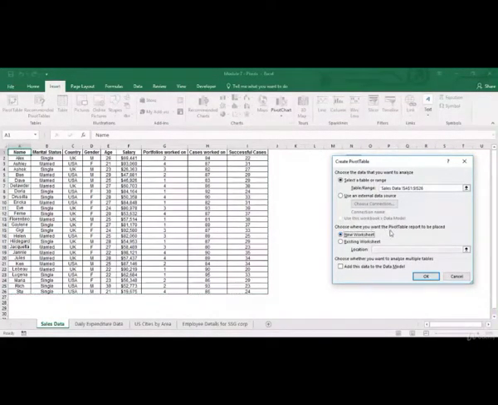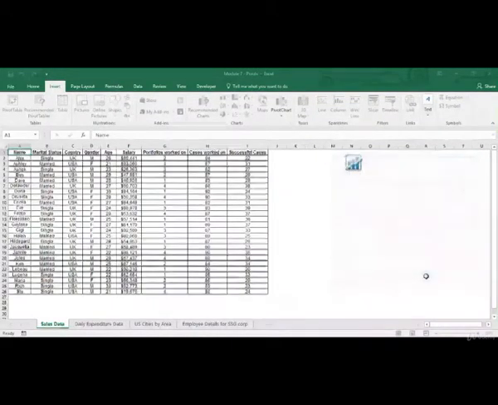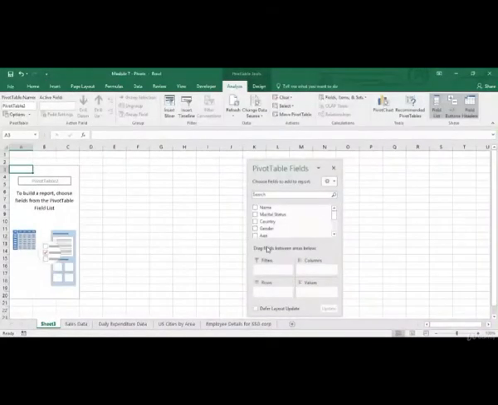Now the pivot table will give me options to create a pivot on a new worksheet or on an existing worksheet. So I can click on existing worksheet and then go to any of these existing worksheets and click on a particular cell where I want my pivot table to start. But usually I prefer the new worksheet, and I click on OK. So this is one way by which you can create a pivot table.